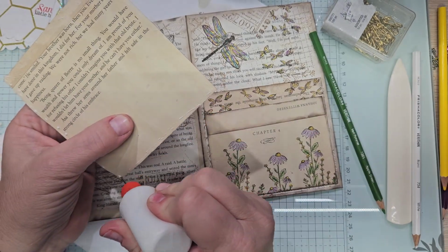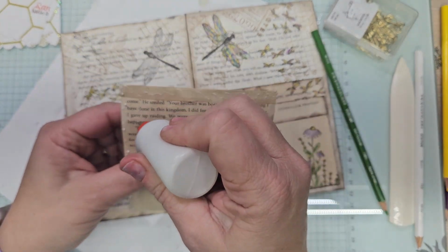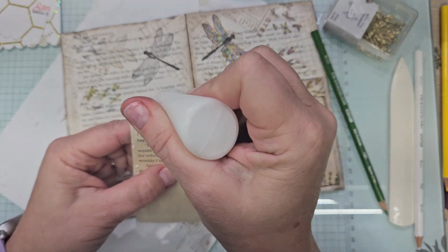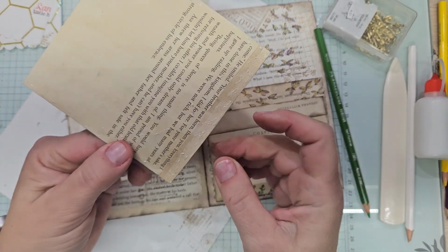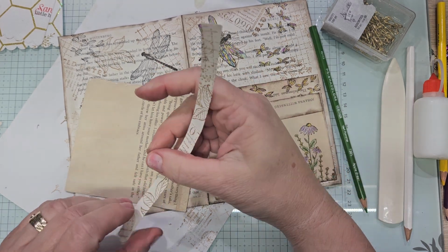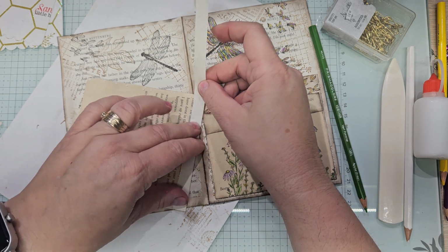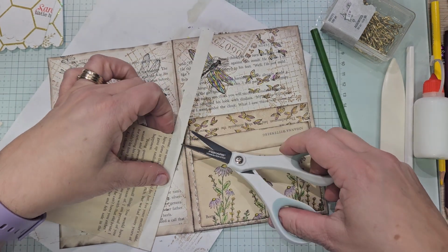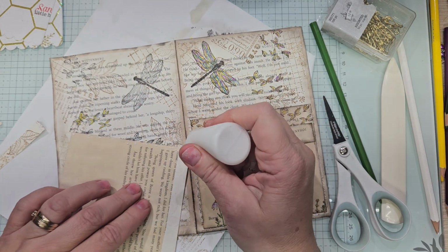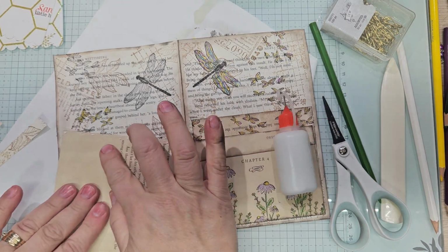If I had that darn glue stick, this would be so much easier. Oh, no, no, no. Do you see what I did? I almost glued that down again. So what I'm going to do is I'm going to bring this piece in. I'm going to fix it because I want a pocket there. I keep forgetting that that is supposed to be a pocket. All right. Just stay glue away from the top. Oh my goodness, I can't believe I did it again. And I did all of that. So we have to make sure that is like